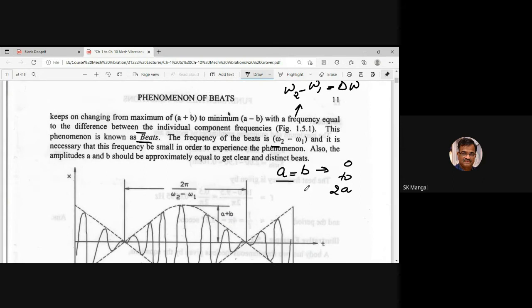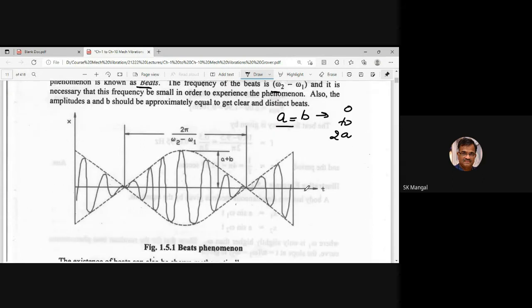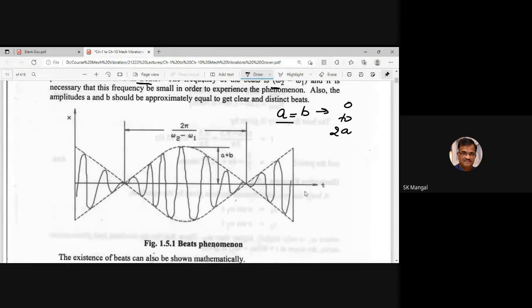This beat phenomenon is graphically shown here, and the time period of the beat is nothing but 2 pi upon the beat frequency, omega 2 minus omega 1. So you can see the beat phenomenon working here, and you can make an enveloping curve for this,